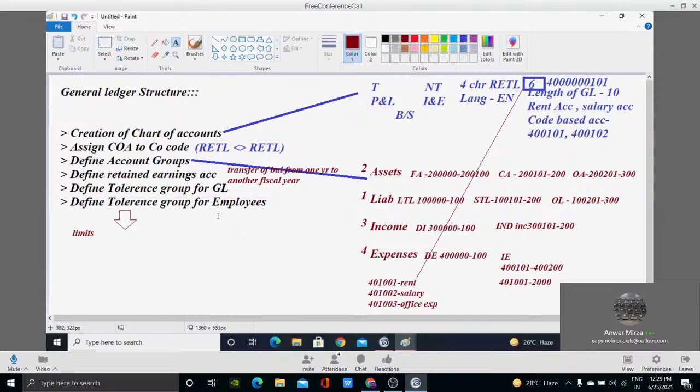Daily he used to maintain 10 to 15,000 cash. Now if some requirement is for 1 lakh or 2 lakh, do you think that petty cashier will take care of 2 lakh expenses per day? No. So here tolerance group is nothing but we are setting up a posting procedure for limits. Okay, posting limits.